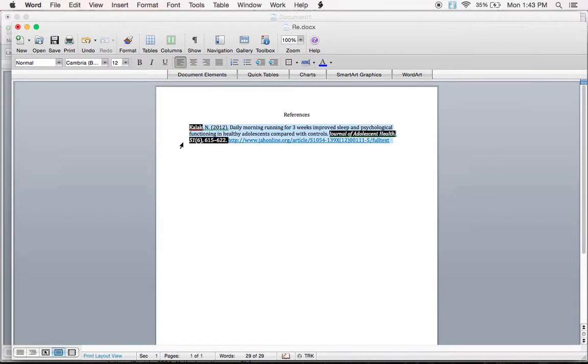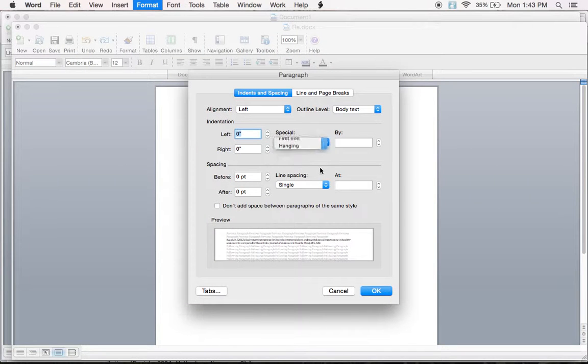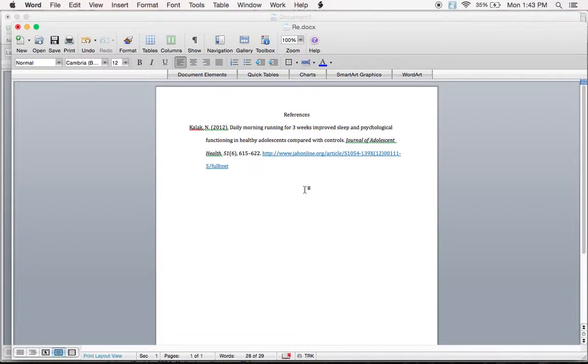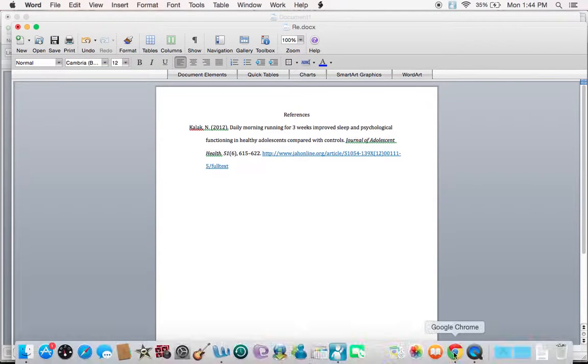Okay, now, for some reason, there's no hanging indent. And it should still be double spaced. So I'm going to hanging indent double and go OK. Okay, so this is what it's going to look like. Author's last name, author's first initial period, year in parentheses period, daily, and then I have the article name with the period after, only the first letter capitalized, journal name in italics, regular capitalization rules, volume issue, in parentheses, comma, page number, web address.